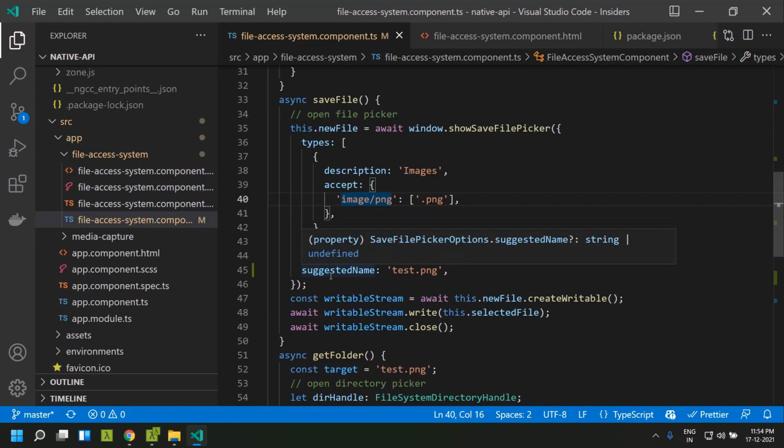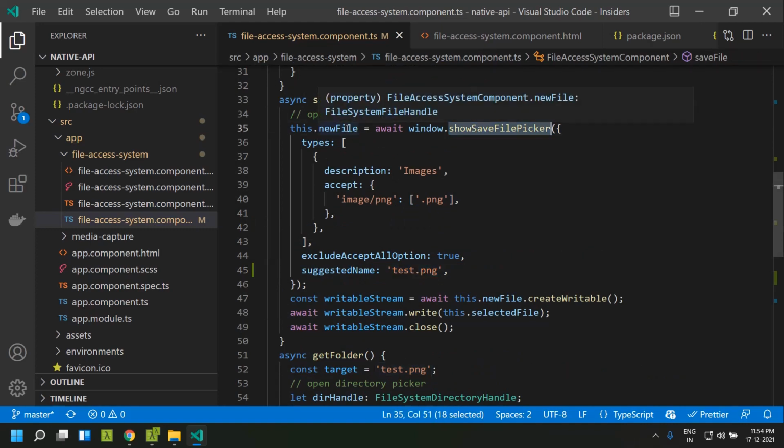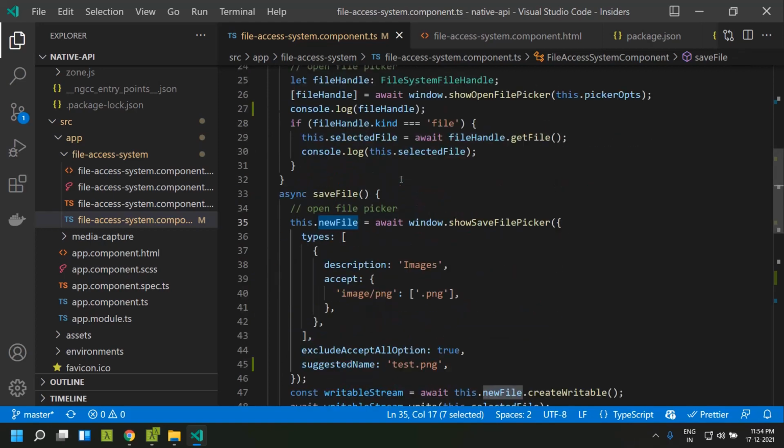The only difference is that we will be able to pass a suggested name as well in this option. This particular name will be displayed when we try to open this. Once we select a particular file name, it will create a new file handle which is similar to what we saw here.